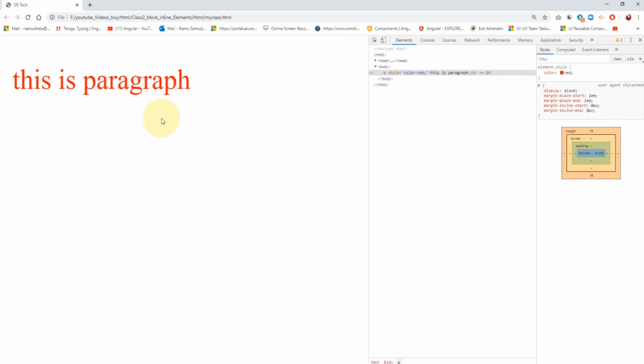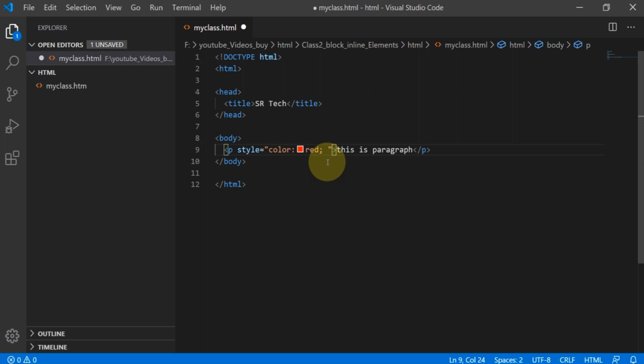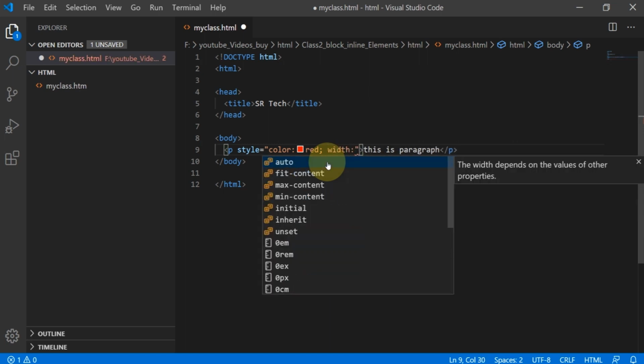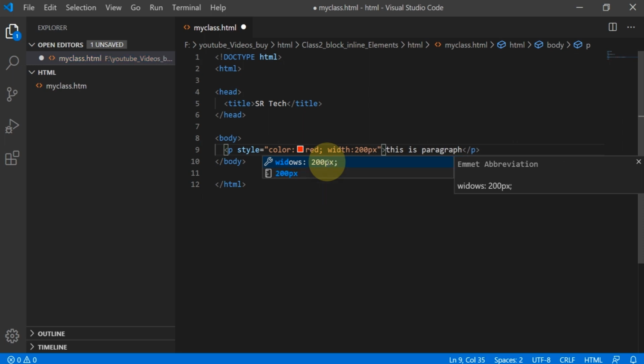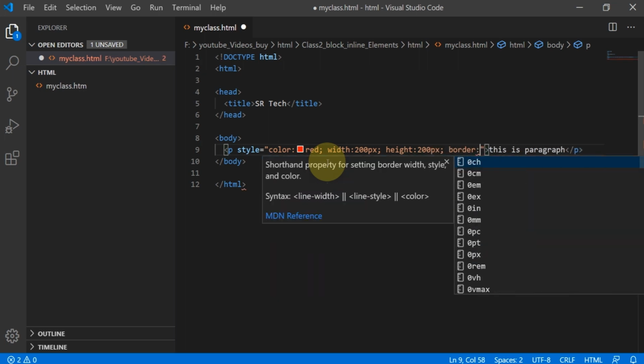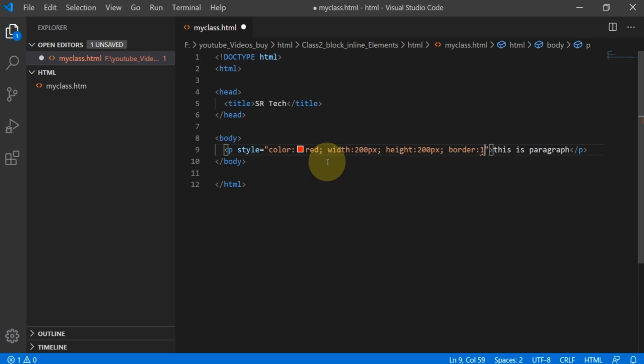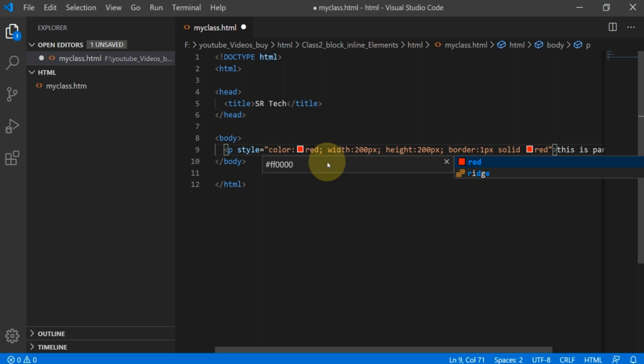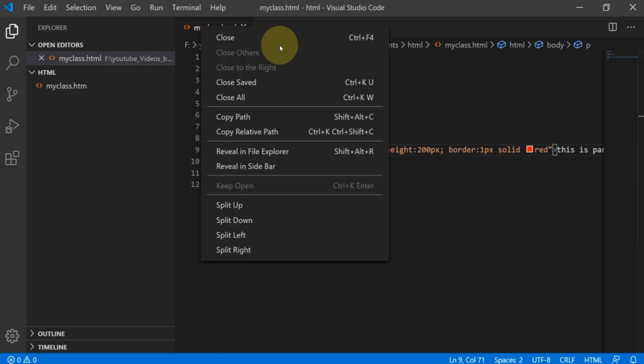So this is about inline styles. Here I'm applying some other styles to this HTML element, width, and so on. Let's see once.